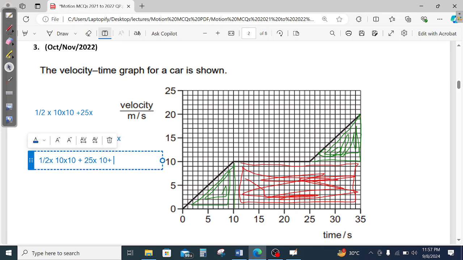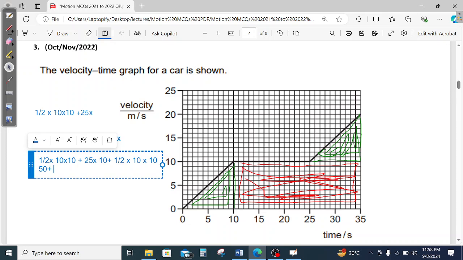Again plus 1/2 multiplied by the length of that triangle, which is 35 minus 25, you will get 10, multiplied by, again the end point of the triangle is 20, starting point is 10, 20 minus 10, you will again get 10. So solve this one, you will get 50,